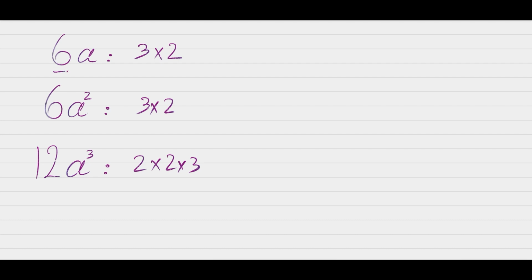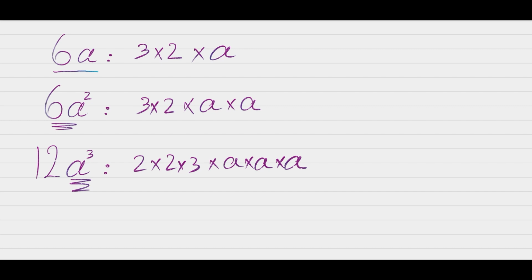Now we need to look at our variables here. We have just a single factor we can't break down any further, so we have this factor of a here. We have a squared, which we can break down into a and a. And here we have a cubed that we can break down into a times a times a. So now our monomials are completely broken down into their prime factors,